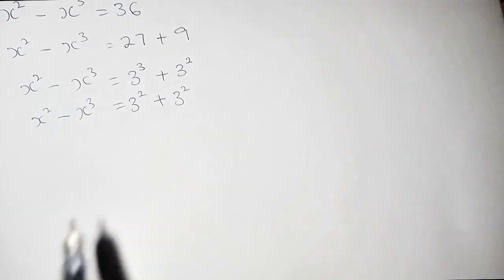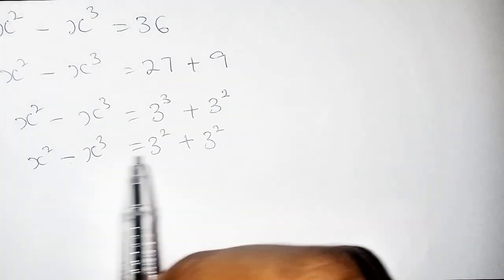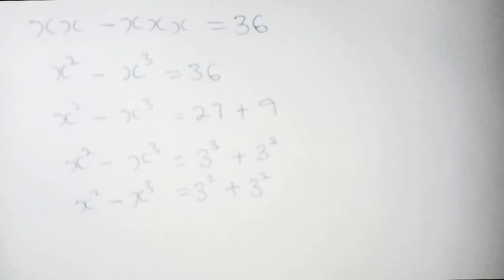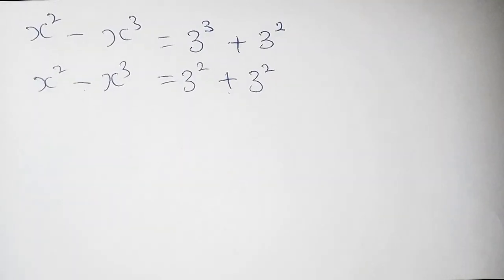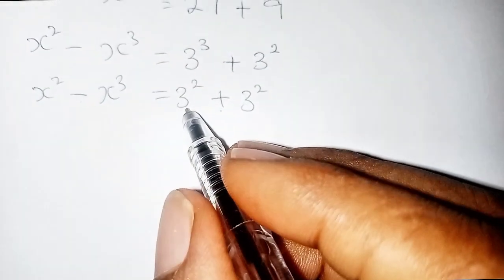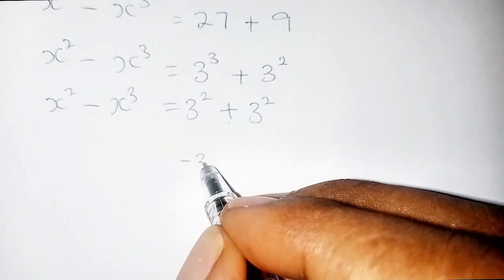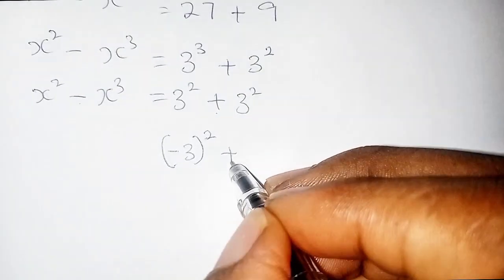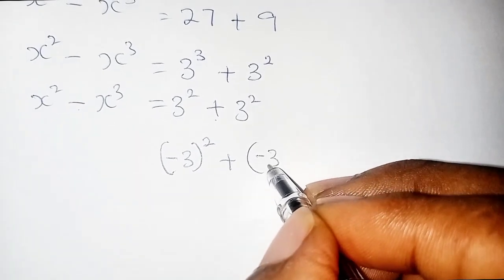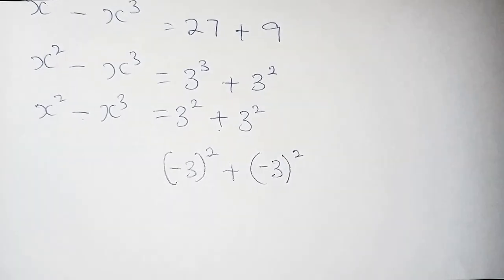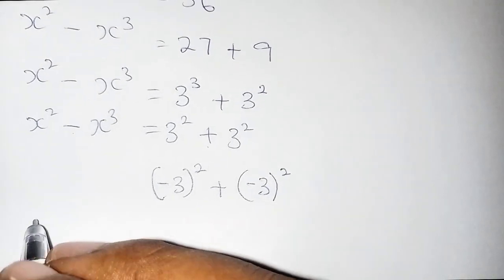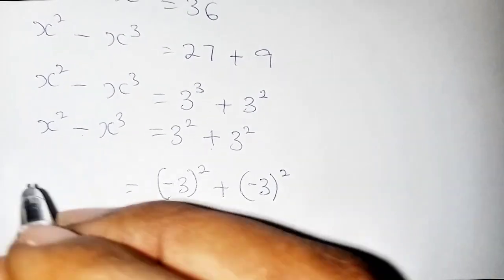But if you check here, we have a negative sign and we have a positive sign here. That's not supposed to go. So what we're going to do is to introduce a negative sign there, minus 3 cubed, and also minus 3 squared. Alright, so next thing we're going to do,